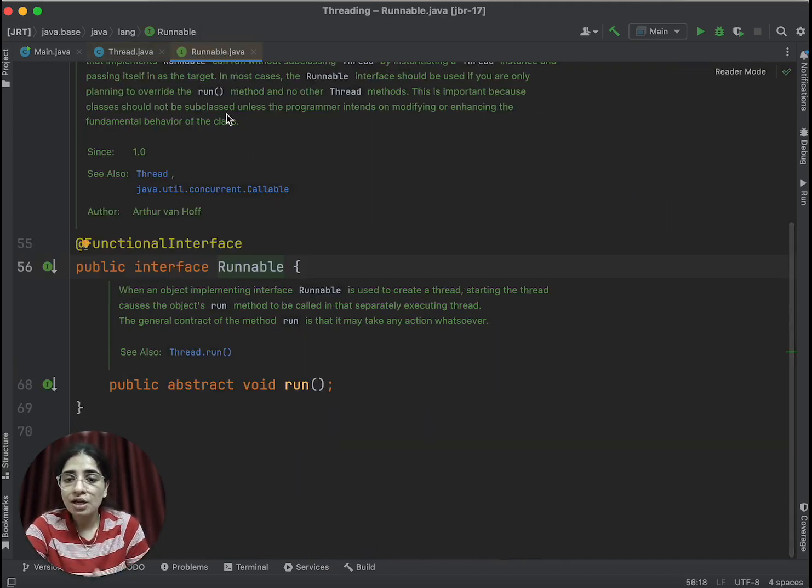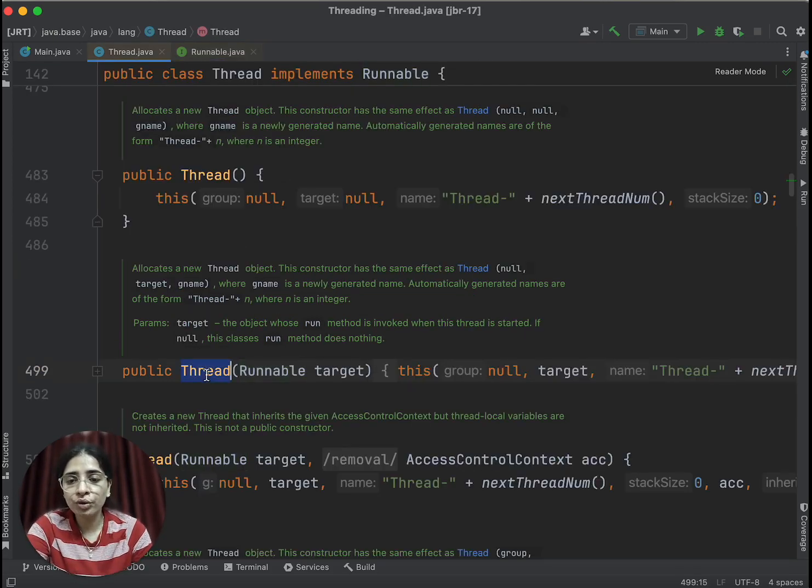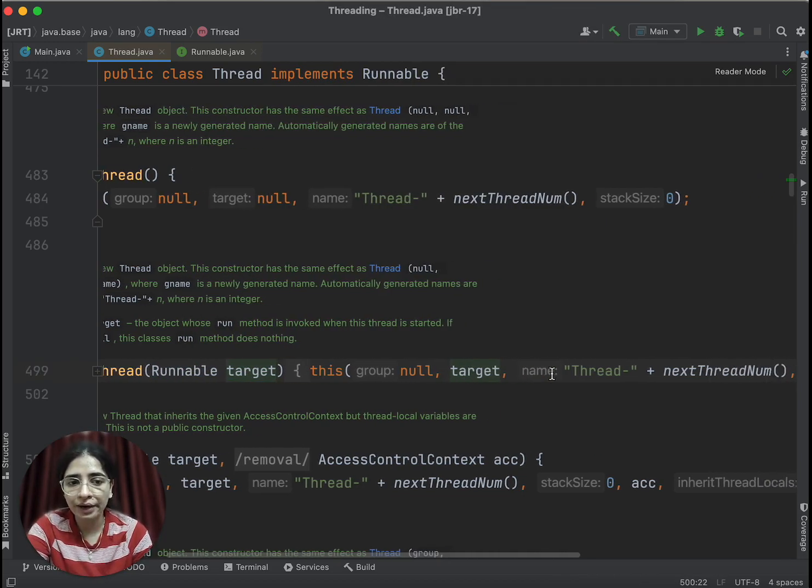What is a functional interface? A functional interface is an interface in which you will have only one abstract method. This functional interface can have n number of other methods, maybe static or default methods with a body, but it will only have one abstract method in it. That is mandatory. Without an abstract method, a functional interface cannot exist. Now, if I talk about this Runnable, we have one abstract method by the name called run. So you can pass a Runnable inside this Thread object creation, and whenever you pass this Runnable, the target will be whatever Runnable you have passed, and except that everything will be the same.